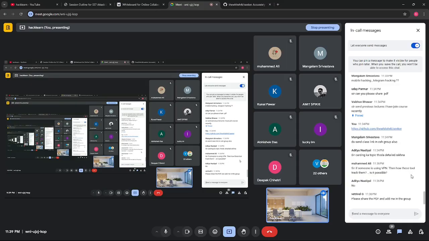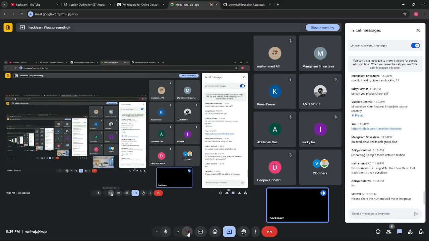After changing IP, your Tor is not connecting. Yes, okay, so send me the screenshot of what issues you are getting. Then only can I help you. Okay, let me check just after the class. Tell me how to do that. Then I will help you. Until you send me the error you are getting, it's impossible to help you out. So just after the session, send me that.